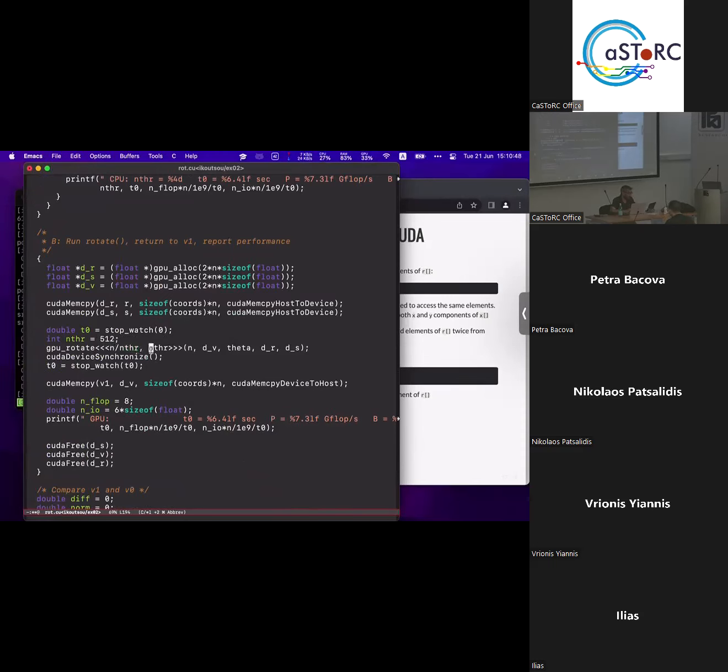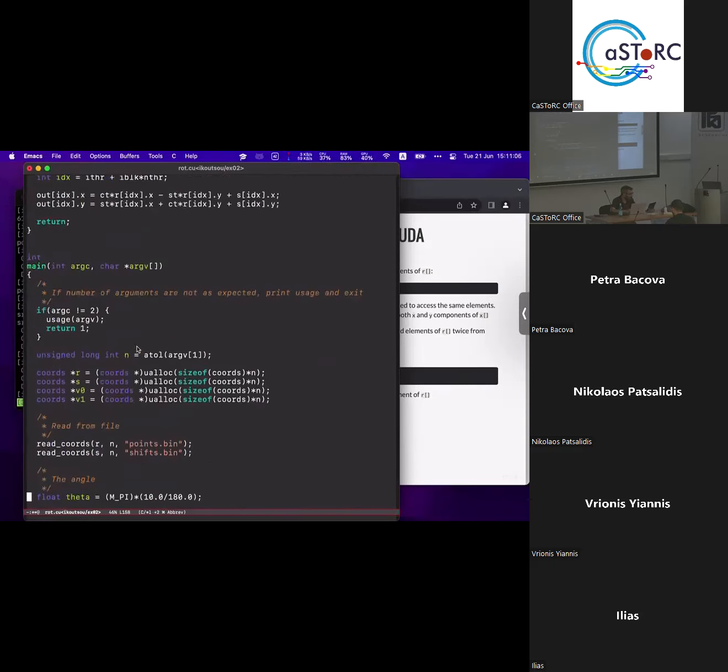So I still have n threads per block. And so I still have one thread per X and Y coordinate, right? So I haven't done the splitting yet. So if I were to just come back up here,